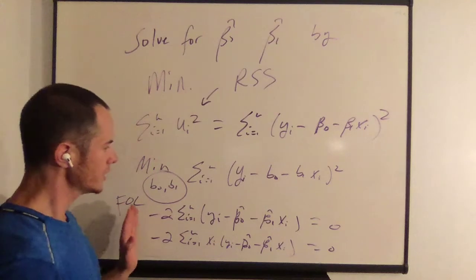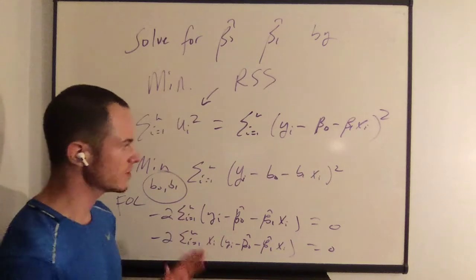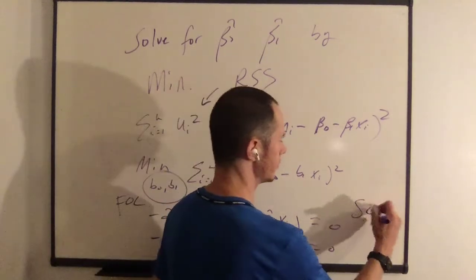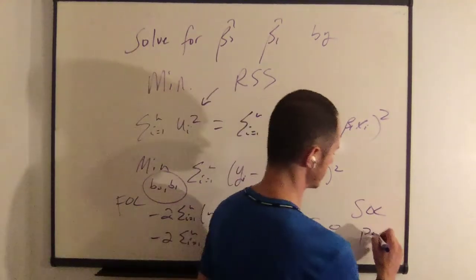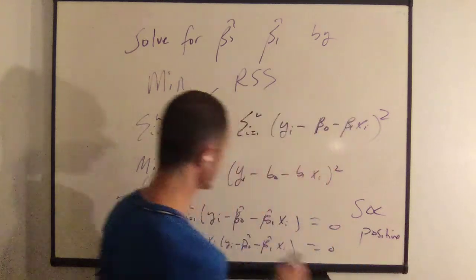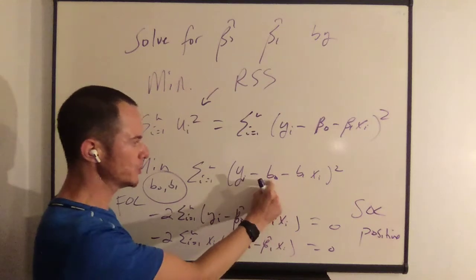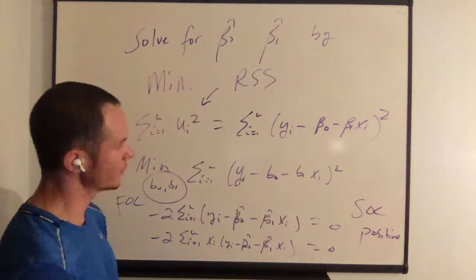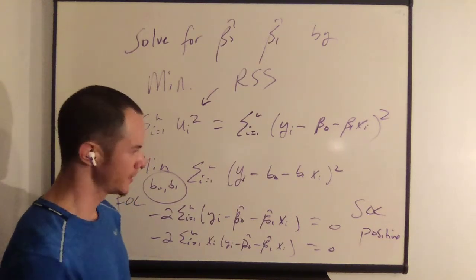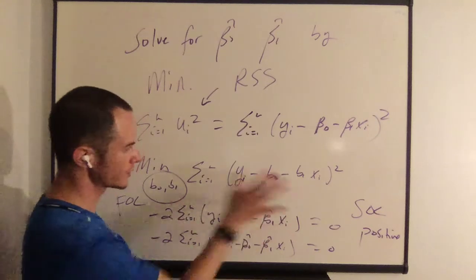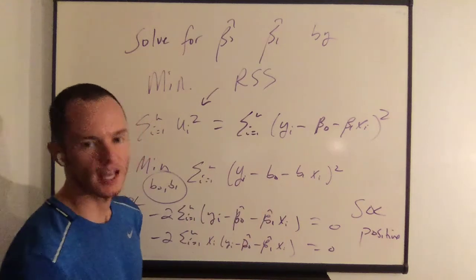Now, a first order condition is a necessary but not sufficient condition for a minimum. You also need to show in the second order condition that the second order conditions are positive, or you can prove that the values for beta naught hat and beta 1 hat equal to b0 and b1 are what minimize this function, and the text has a great way to show that. So please refer to the text on a way to show that this reaches a